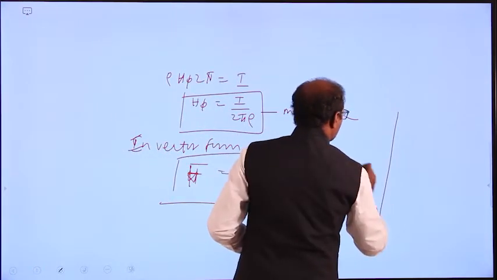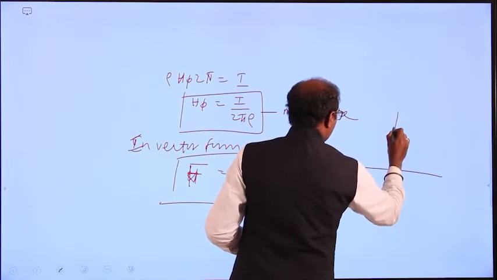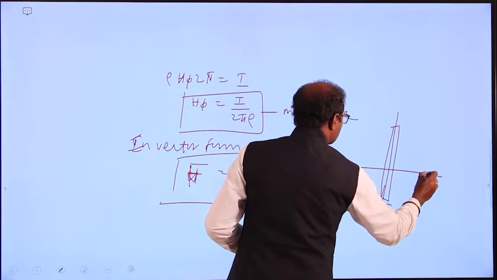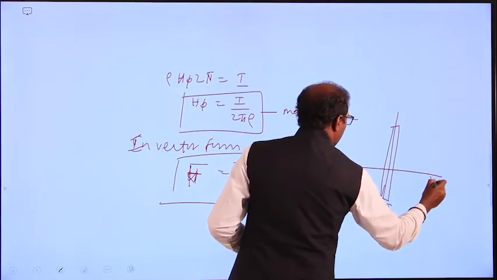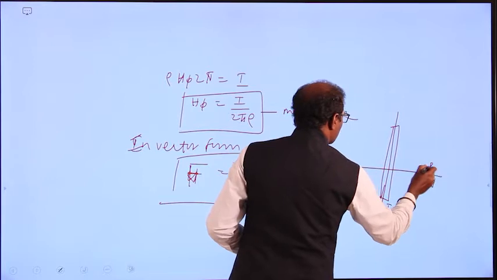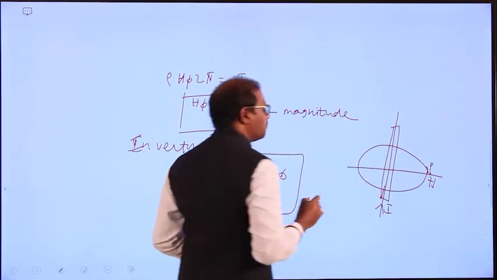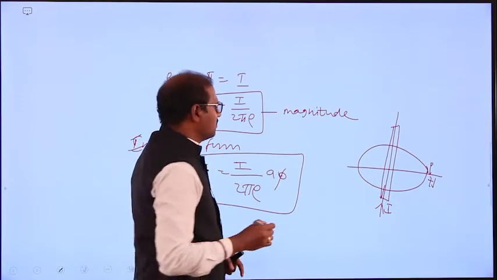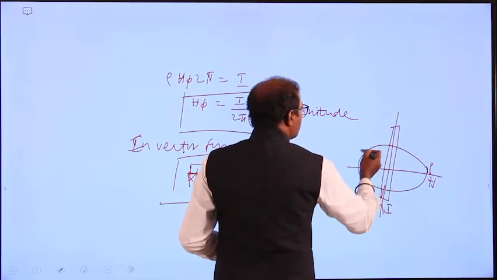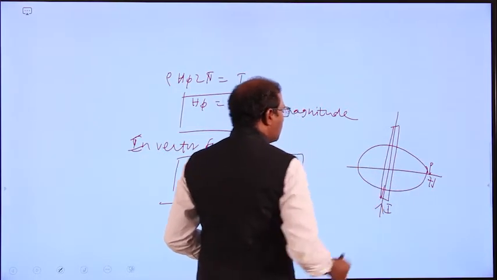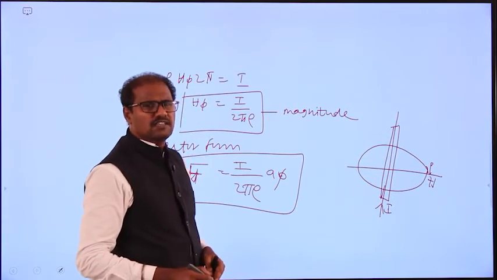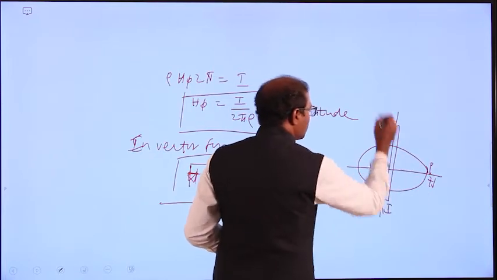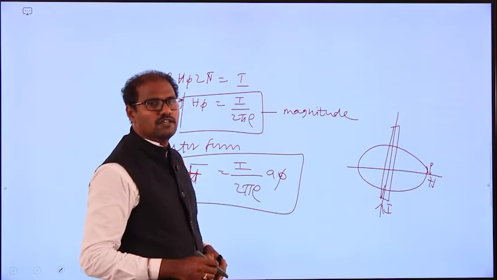So previously I told, this is one filamentary conductor, an infinite line conductor, and the current is flowing here. So we have to measure the magnetic intensity H at point P. We can make the Amperian path, a Gaussian surface or Amperian path. The amount of magnetic intensity enclosed by the path will be equal to the amount of current enclosed. So the circulation of H will be equal to the amount of current.